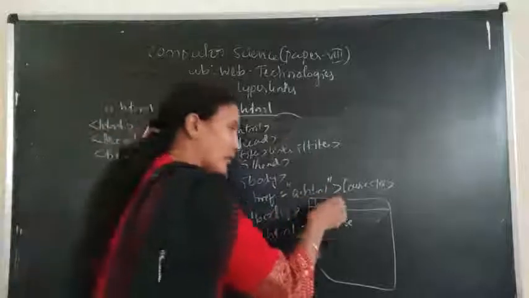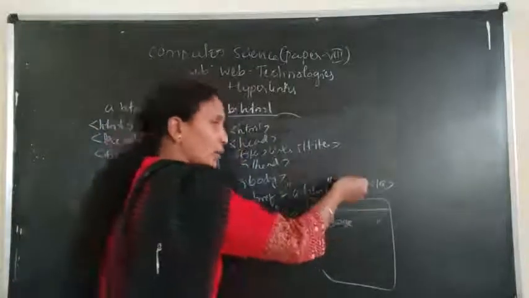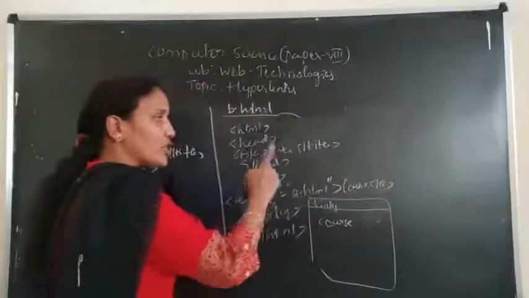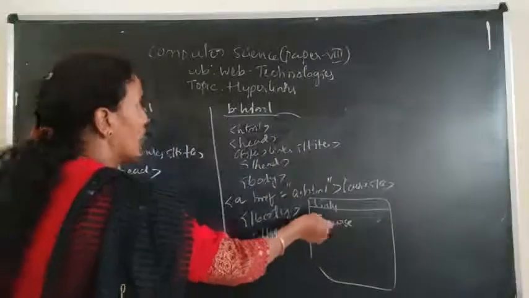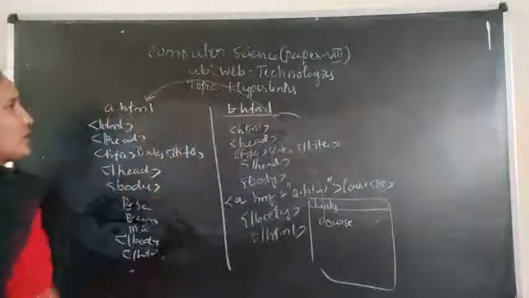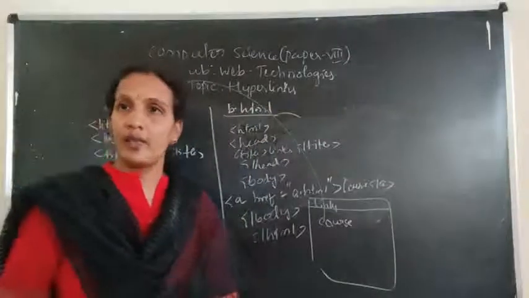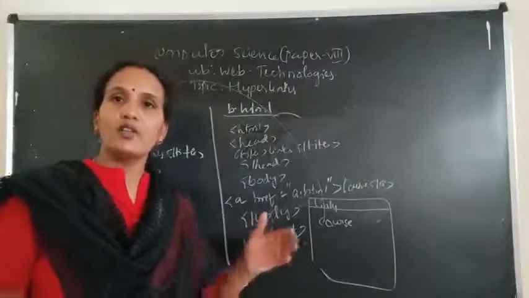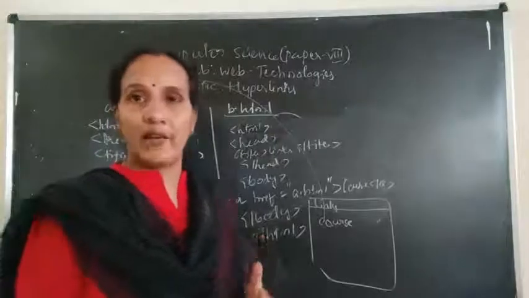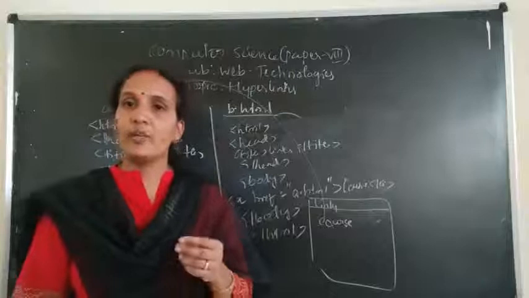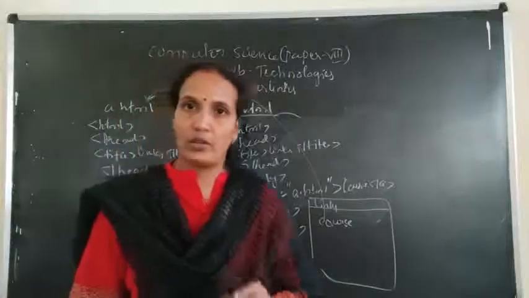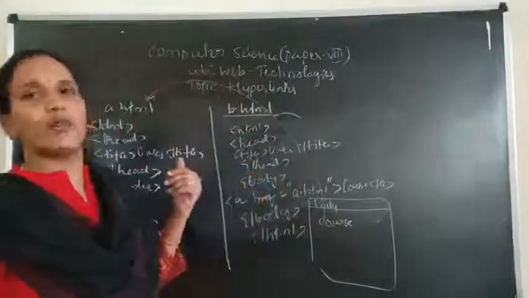So when you click on this hypertext, you will move from b.html to a.html. When you click on this, you will move from the current document to a.html. Okay, this is called a hyperlink. Understood? Using a hyperlink, the user can navigate from one document to another document. So here, minimum how many documents do you need? Two. One is the source and the second one is the target.